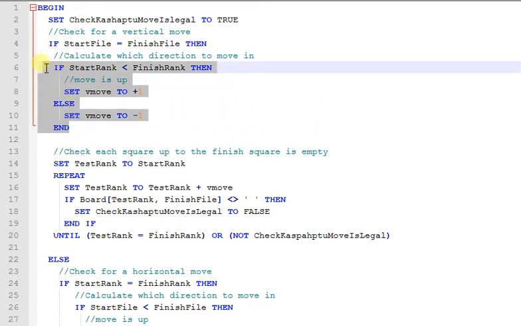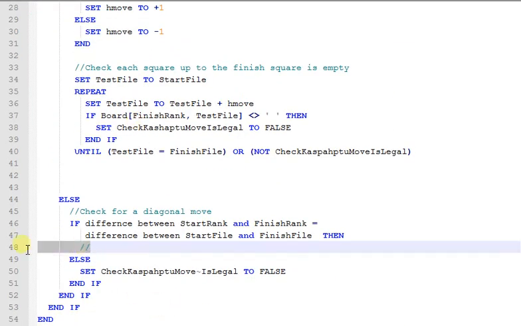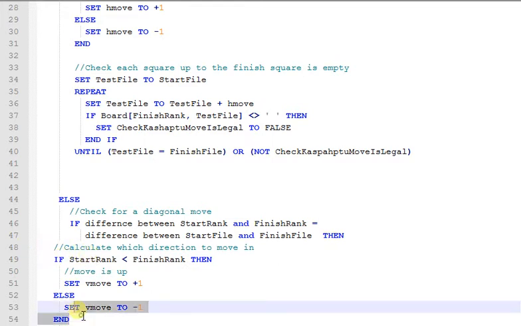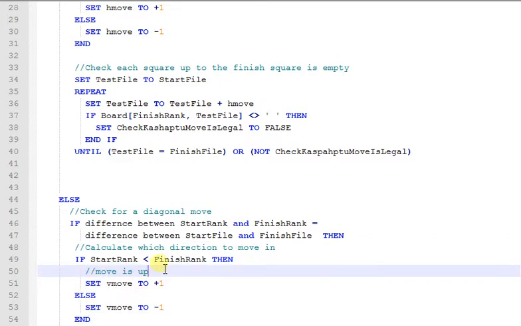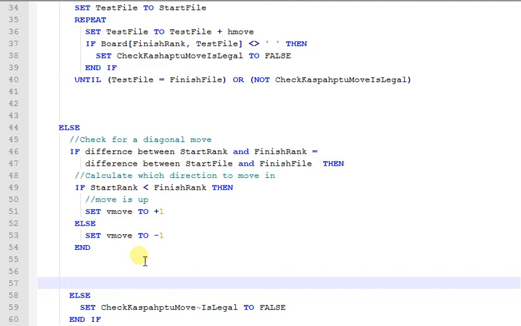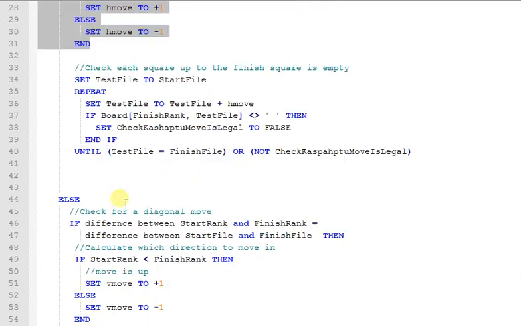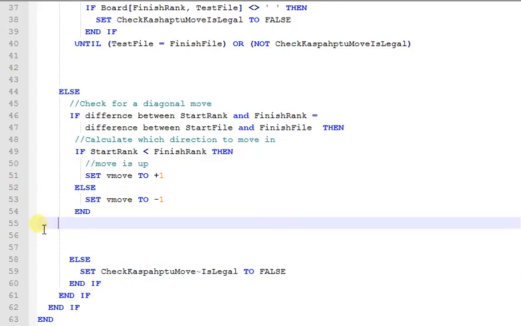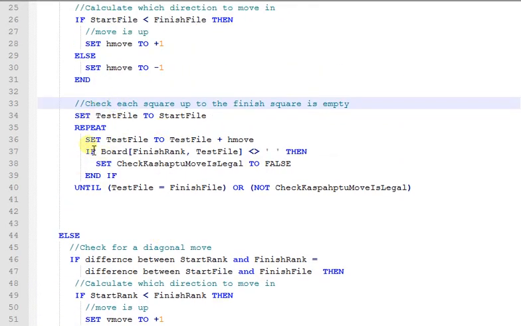So I'm going to copy this one to start with, and let's put that in there. Just going to tab those in. Okay, so I've got to work out the vertical and I've got to work out the horizontal. Okay, so I'm working out the vertical and the horizontal. So I need to know which way I'm going, up or down, and which way I'm going, left or right. Now, once we've done that, then we've got to loop through